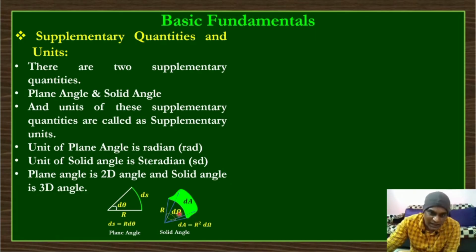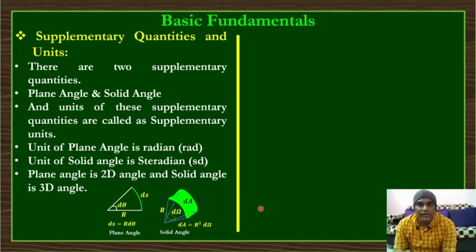So here also this is denoted by omega, or a small angle d omega, you can say. This r is the average radius, we can say. All these points are joined. For understanding only 4 points I have joined to the one point, and all these distances are approximately equal, let us say r, and this surface will be equal to r square into that solid angle. So this d omega in this equation is called a solid angle. So this is a 3D angle.